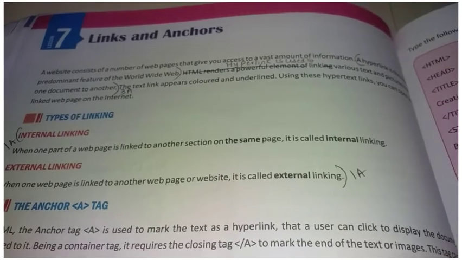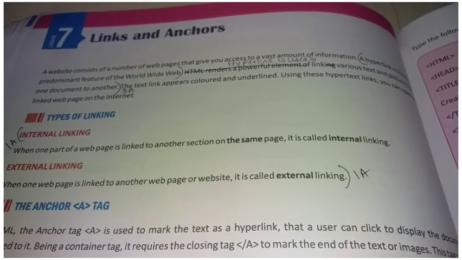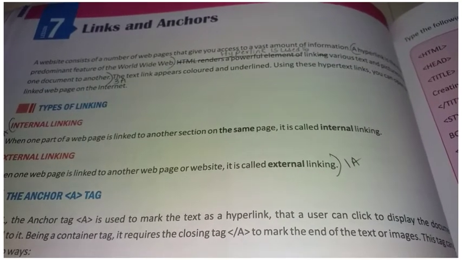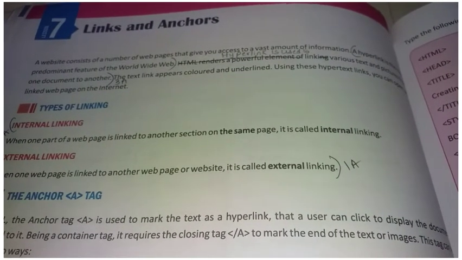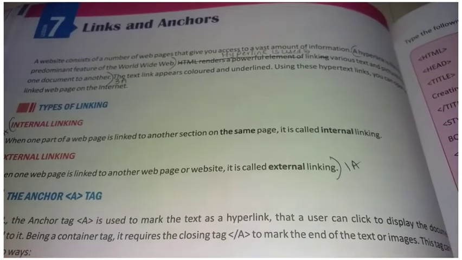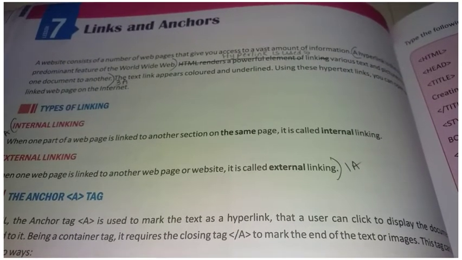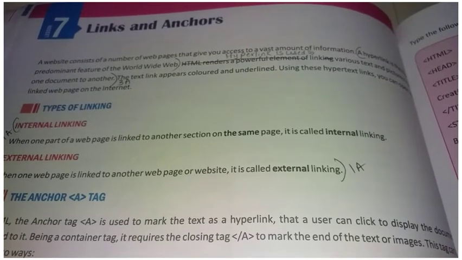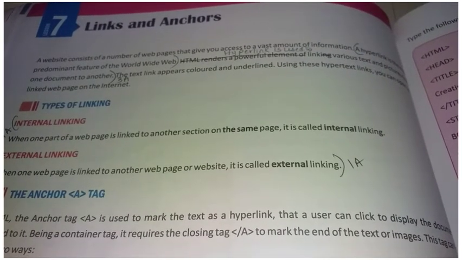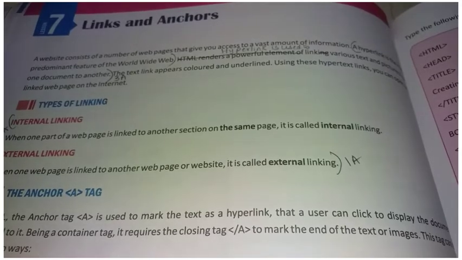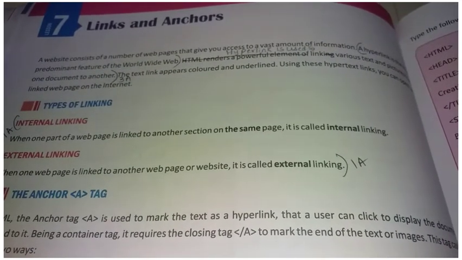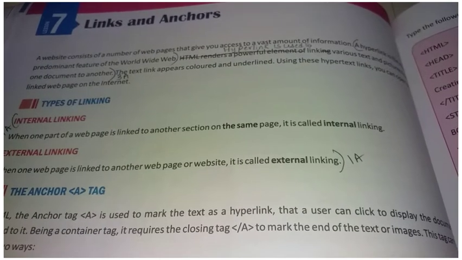So, table means a combination of rows and columns. How to write a table program? By using the table tag and by using tr. tr means table row tag. In the table tag only we have to keep all these tags. TD means table data. For heading, TH. These all we learned in the last class.